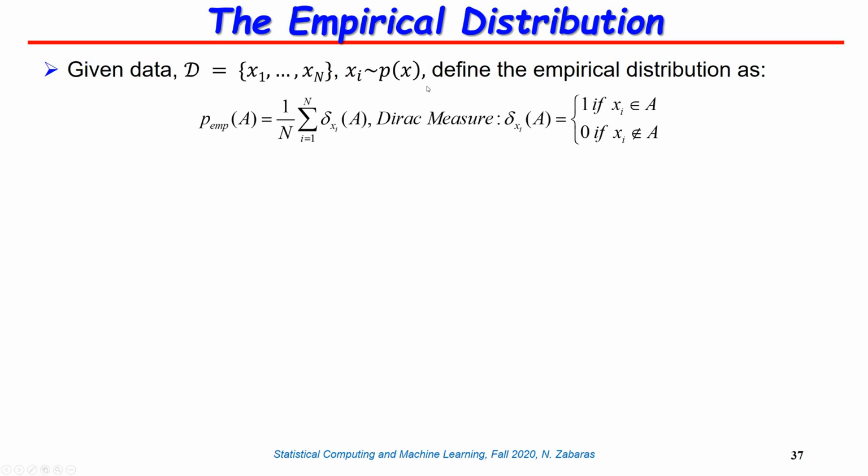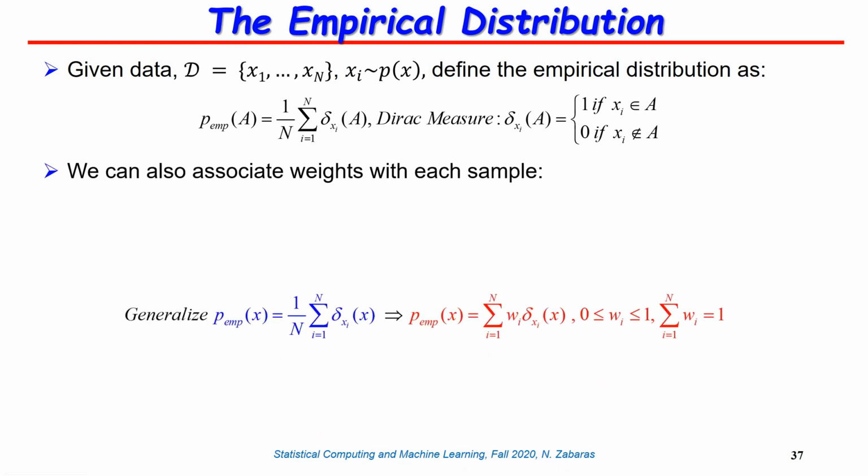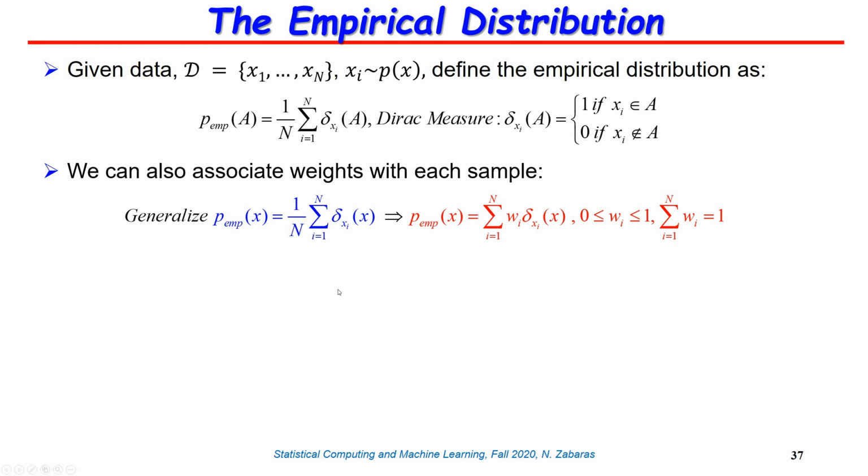Somehow, maybe we have a mechanism to take samples from P of x, maybe we have computer code that allows us to take those samples, but we don't have an exact analytical form of P of x. So the only thing we have right now is the samples x1, x2, xn. If the only thing you have is the samples, a lot of times we approximate the distribution P of x with these samples, and the approximation is what is called the empirical distribution,